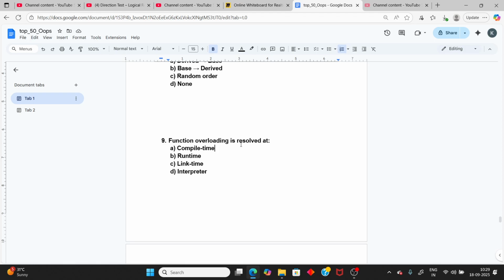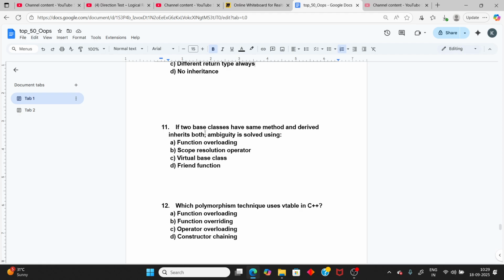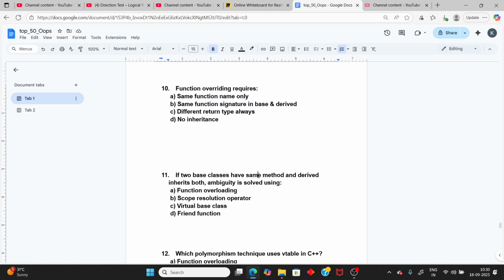Now function overloading result: overloading is compile time. Function overriding requires the same function name and signature. Overriding means base and derived class. So only one answer. Now if two base classes have the same method and the derived class inherits both, ambiguity is solved using